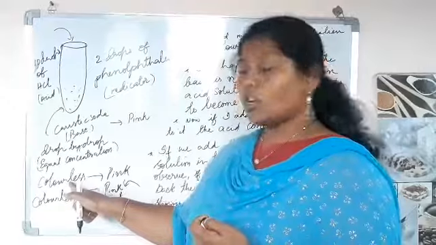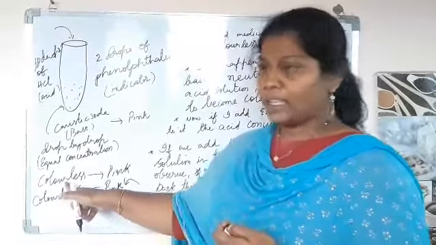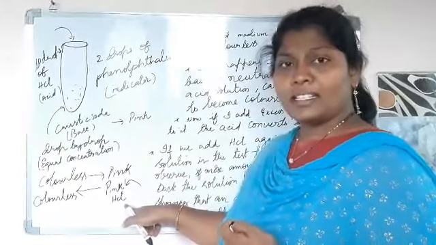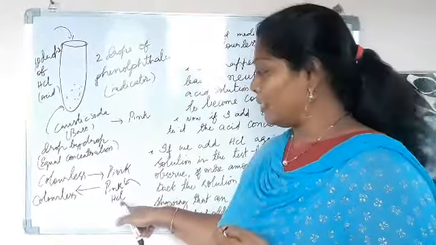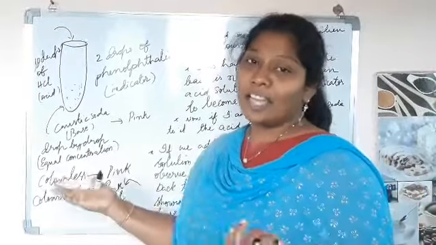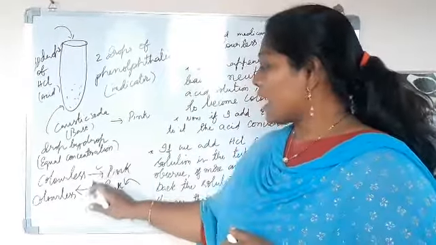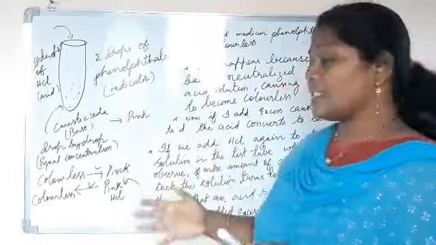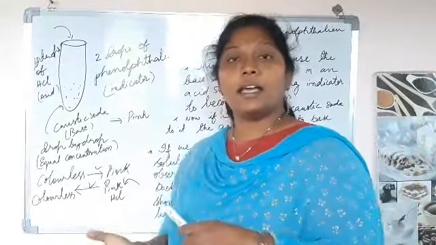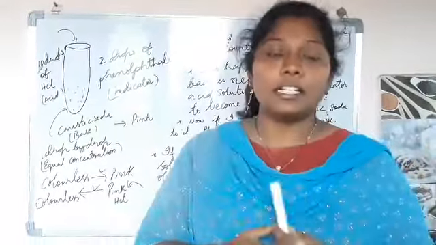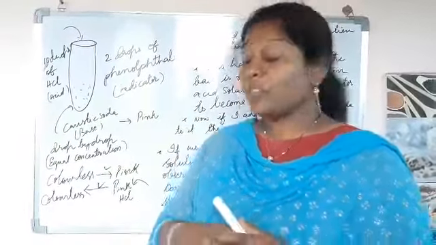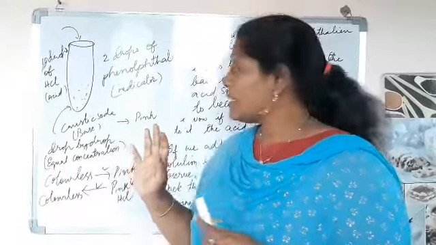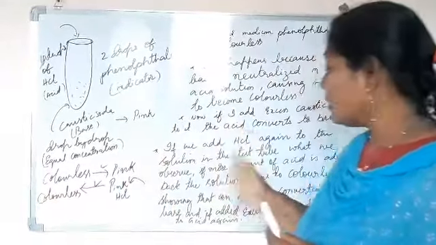When more base is added to the acid, it is converted to a base. If more acid is added to the solution, it is converted again into an acid. So if these reactions are taking place, then we can say that an acid can be converted into a base, and also a base can be converted back into an acid. This is a very important reaction, children. Okay, these points have to be noted.